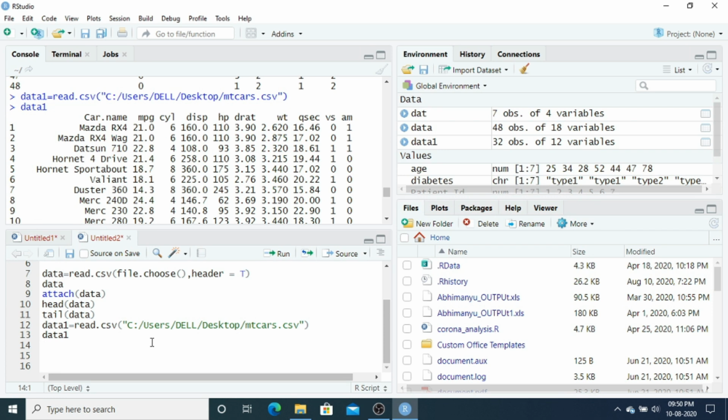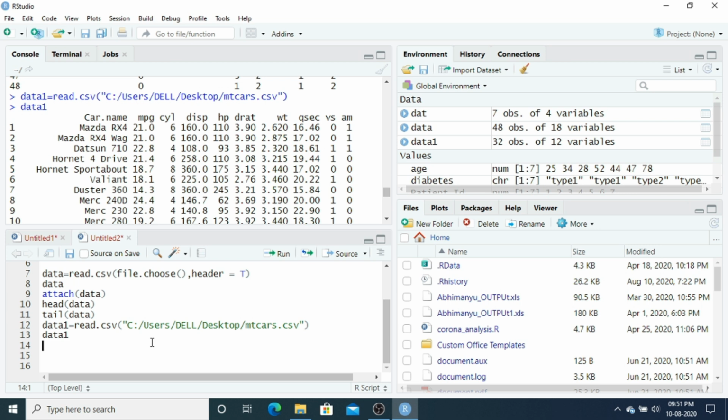If your data is in text form, I mean sometimes the data is not in an Excel sheet, it is in text form, you can also call that data, no problem in importing that form of data to R. That is also possible.